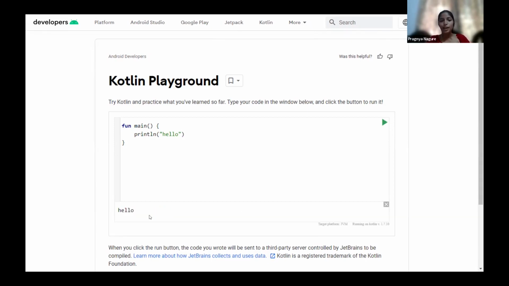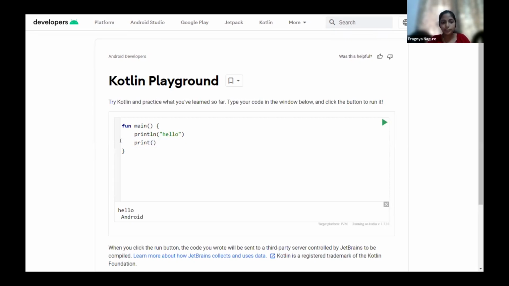We have hello. Okay, this was an error, and then there might be errors like, see, till now we haven't used something called a semicolon, which we usually use in other programming languages, right? Here there is no necessity. You don't need to have a semicolon. But then